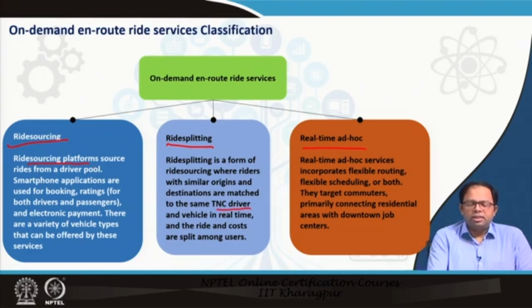So this is the driver who is coming from this ride sourcing platform. This is TNC, the transport network company. In that sense, this driver and vehicle are assigned in real time, and the total ride cost is shared among the users who are all going towards the same destination. People may not go to the exact same destination, or be from the exact same origin, but a cluster of origins nearby and a cluster of destinations nearby could be combined,